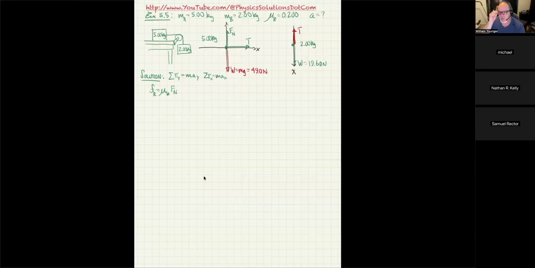The big trick here is we're going to have a system of equations and we've got to deal with that. And I'm going to show you a way, which I've already shown you in that other video, but this one will be another instance. So for the 5 kilogram mass, I'm going to go ahead and write the summation of the forces in the y direction equals mass times acceleration